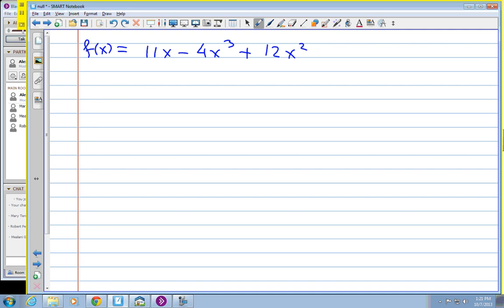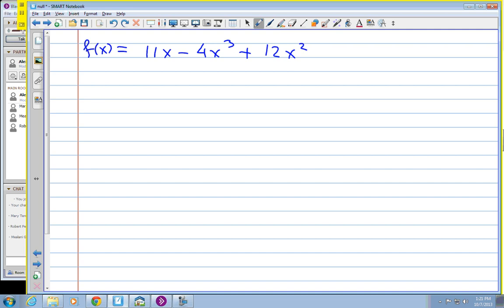What would be the leading term here? Negative 4x cubed, and the leading coefficient is negative 4. So it's not whatever's first, it's whatever is attached to the highest power. And those are really little technicalities, but on your homework you'll be asked, what is the leading term? So you have to make sure it goes with the highest exponent. So the constant term would be 0 in this case. On the last one we had 2, but here we don't have a number without an x,